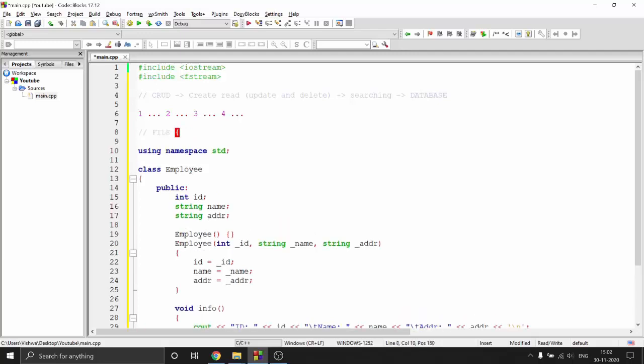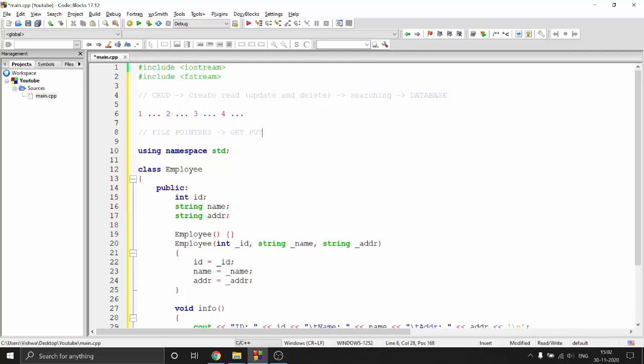Let me just write it down here. You have file pointers, which are get and put. So get and put are 2 pointers, and both are exactly the same thing. A file pointer is just like a cursor. If you think about this whole thing as a file in memory, this blinking cursor over here is the file pointer. Get and put are the same thing; the task may be different, but basically the pointer is the same.